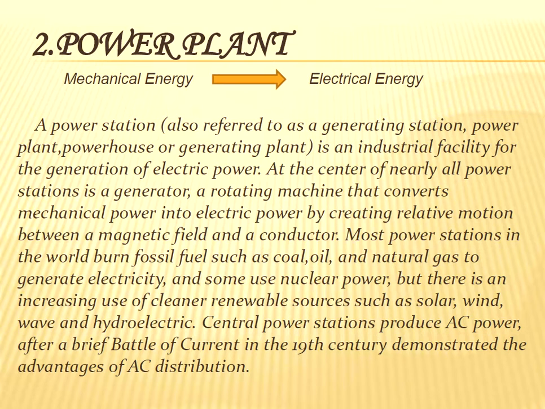So most of the power plants use fossil fuels, and the electricity which we normally get from the power plants is transmitted using alternating current, that is AC, which is commonly used. There is another type of current which is called DC. We don't use DC because we cannot transmit DC over long distances because of the losses that it incurs.